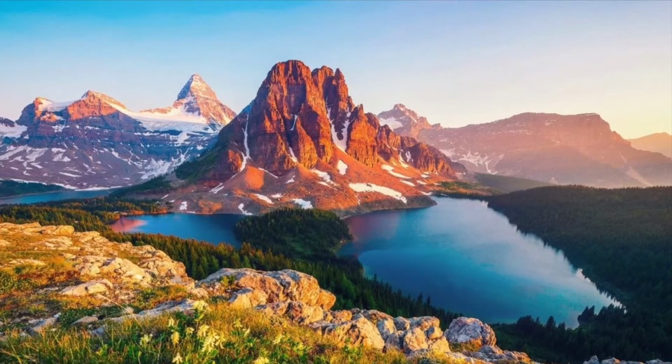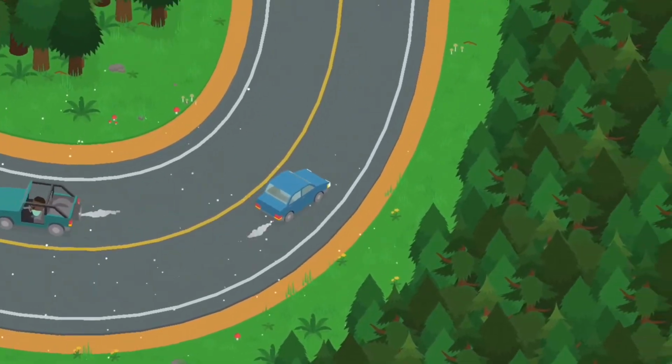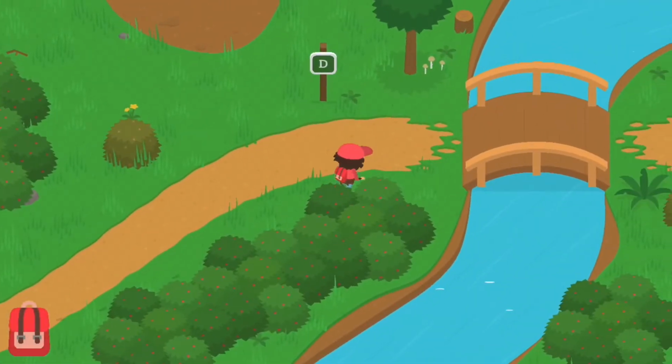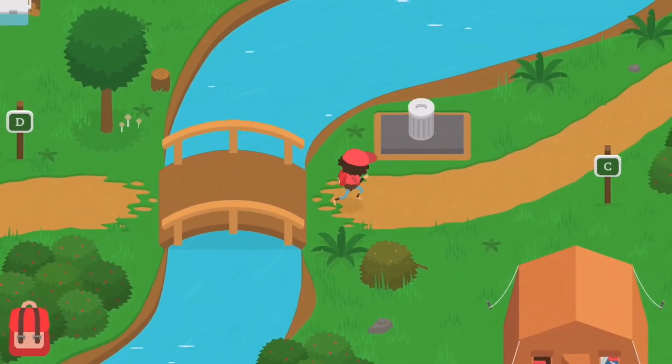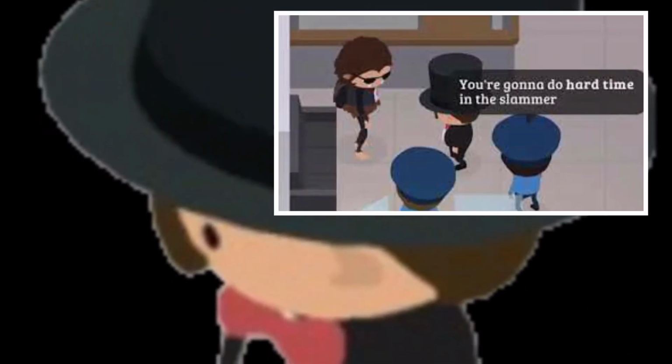If their childhood connection was not enough, there were several places in British Columbia that also point to the game being set there. The winding road that leads to the ski lodge is based on the Sea to the Sky Highway. The campground itself is based on a place called Alice Lake. And there's always Pemberton Village, which is a reference to the antagonist in both the first and the second storyline. Everything I just mentioned is in Canada, so I could end the video there, but there's always one more thing